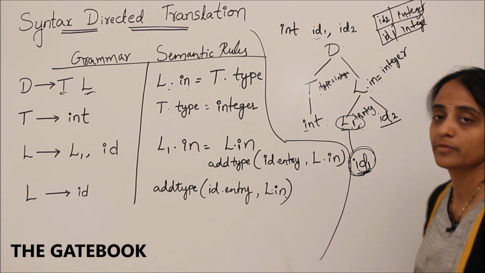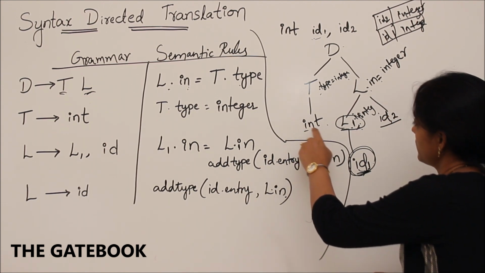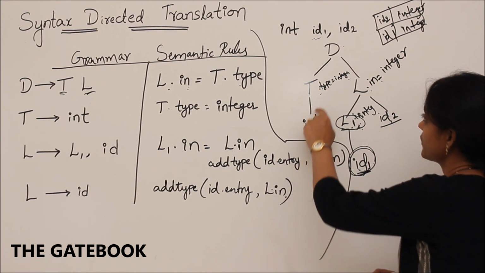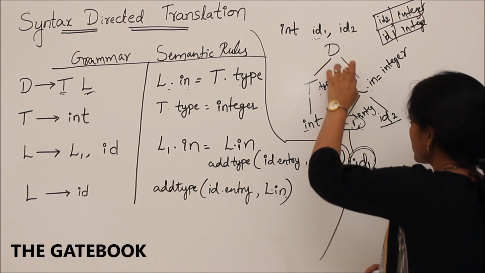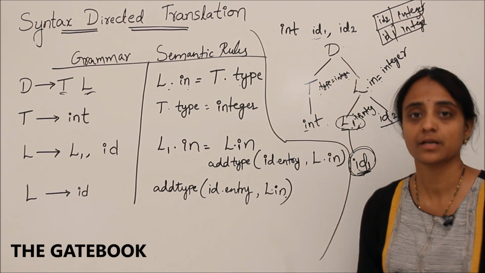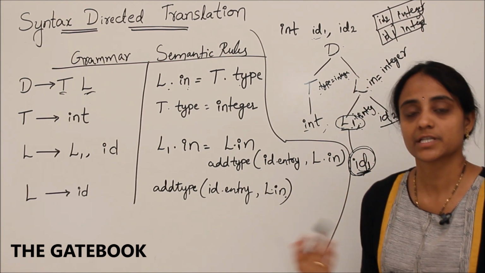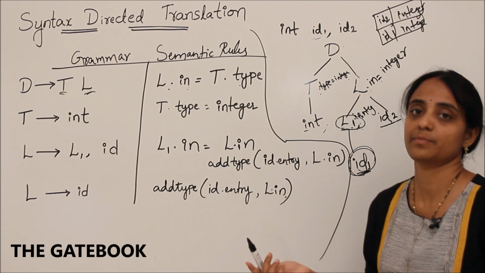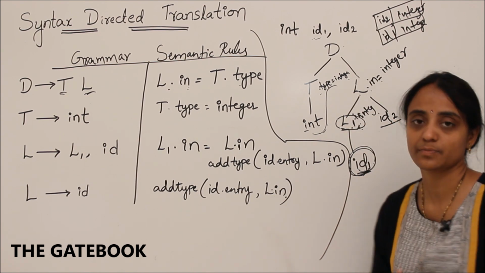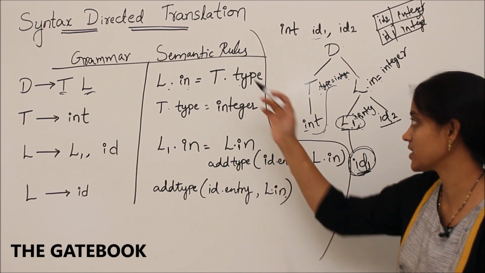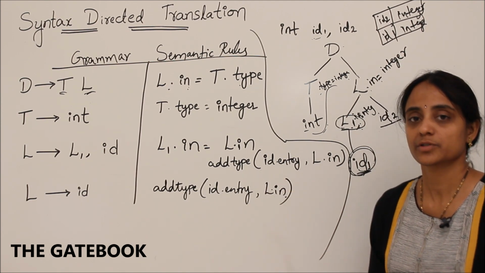So if we see, we haven't done this in post order, right? Because in post order we would have evaluated in a different order, but in this case we have evaluated these before the children of this. That is because there are some inherited attributes which are depending either on the root or sibling, so we cannot evaluate this parse tree in post order traversal. Whenever there are inherited attributes, evaluation cannot be done with post order traversal.